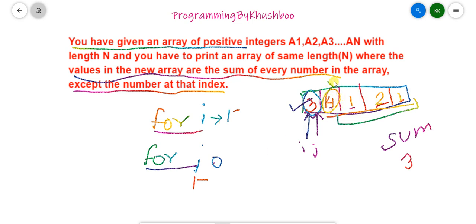So we skip this value and the sum value stays 3. Then we increment j to 2. Again i is not equal to j, so we consider this. So this will go through 3 plus 1 plus 2 plus 1, and the summation value will be printed here. For the third time, the i value will be 2 and j will again start from 0.